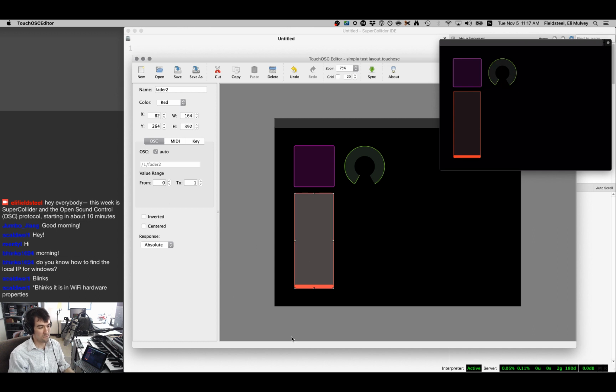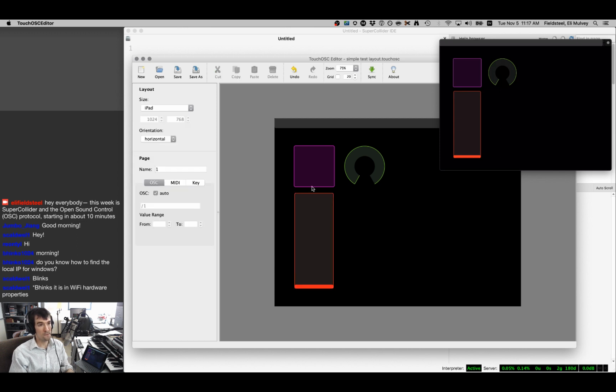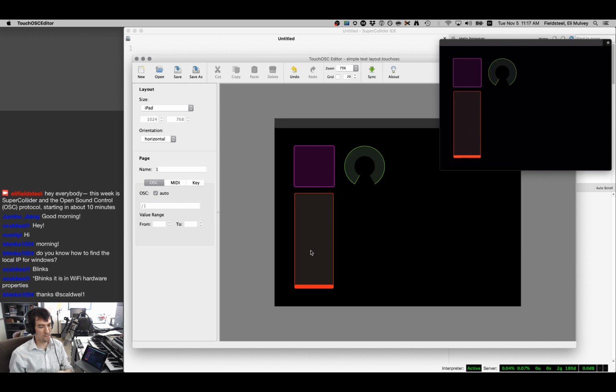Yeah, so hopefully you guys can work out how to find local IP for Windows. I do not know off the top of my head, unfortunately. I know you can go into your command line and type ifconfig, I think, or ipconfig. It's one of those two. I think ifconfig will just dump a bunch of data about your network connections. No, it sounds like you guys got it figured out. Okay. Anyway,